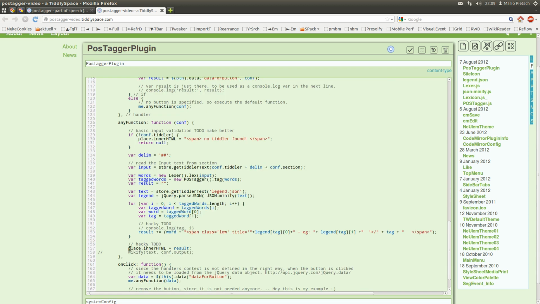And we need not place but config output. So it is rendered there, config output inner.